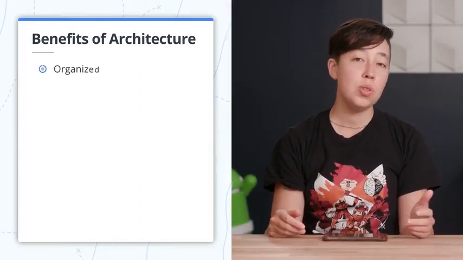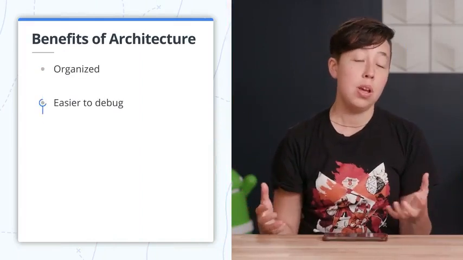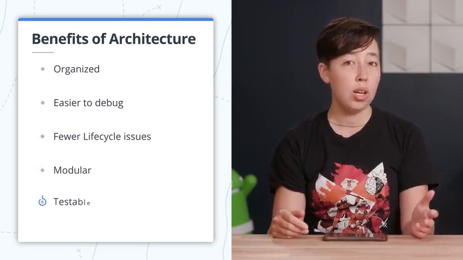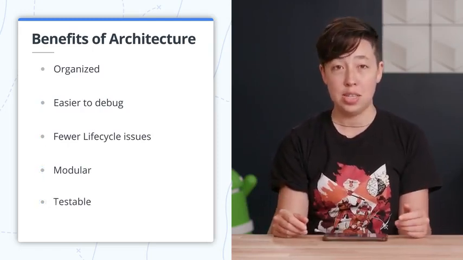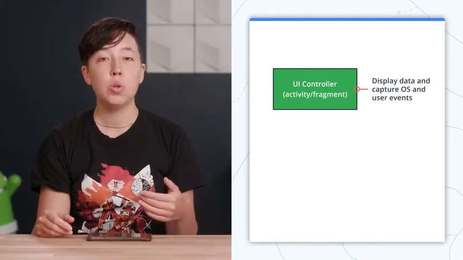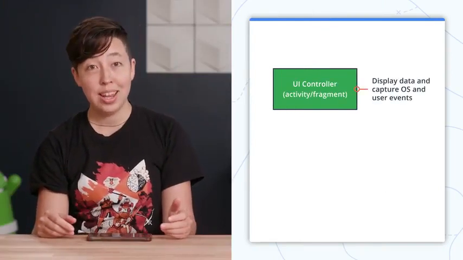This lesson has been your first experience with Android app architecture. Architecture is powerful because it gives you guidelines by which to separate your code so that each class has specific responsibilities. This keeps things more organized, debuggable, modular, and testable. In our case, our architecture starts with the UI controllers, which are responsible for drawing items on screen and detecting